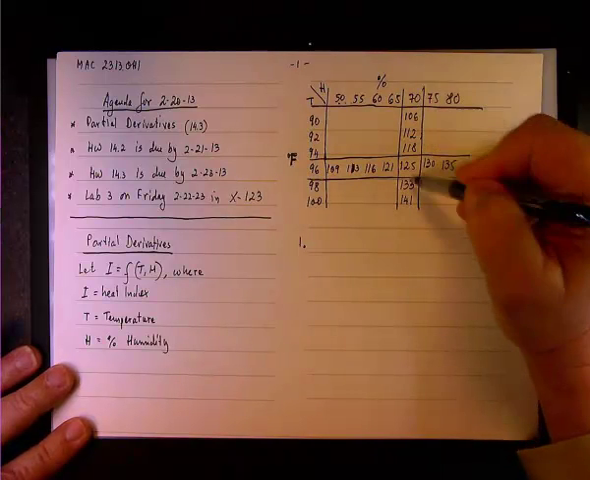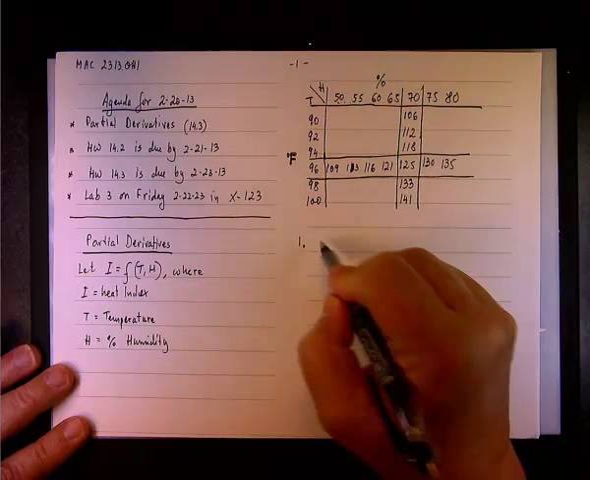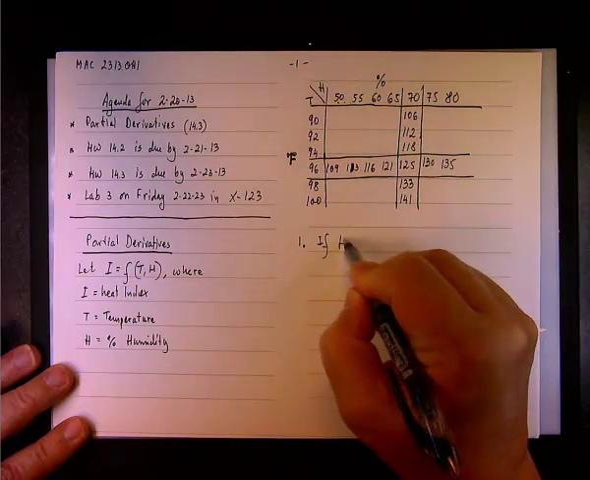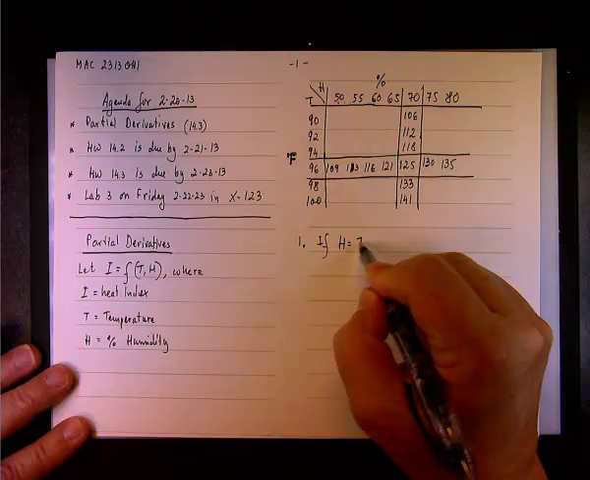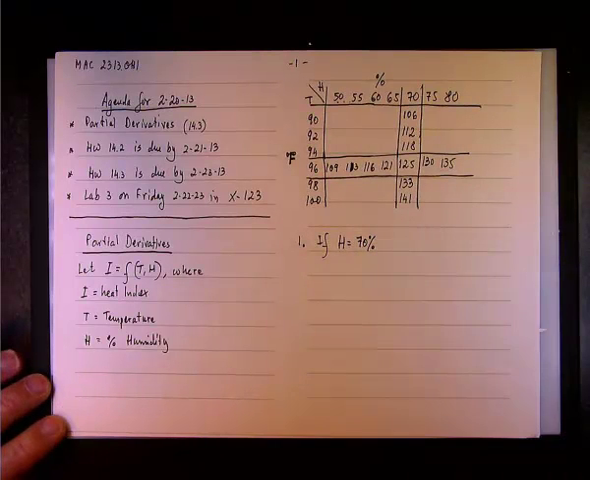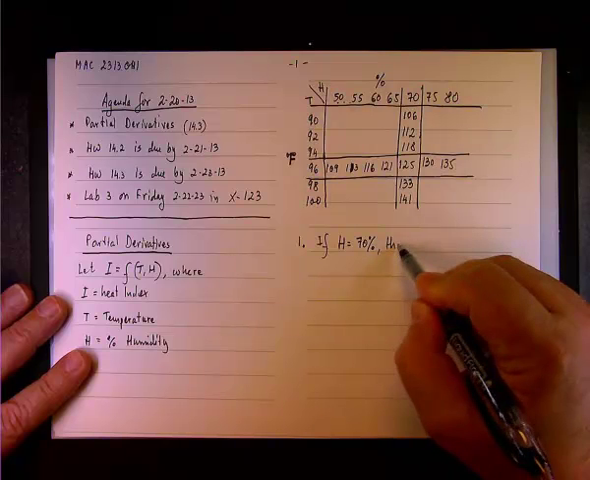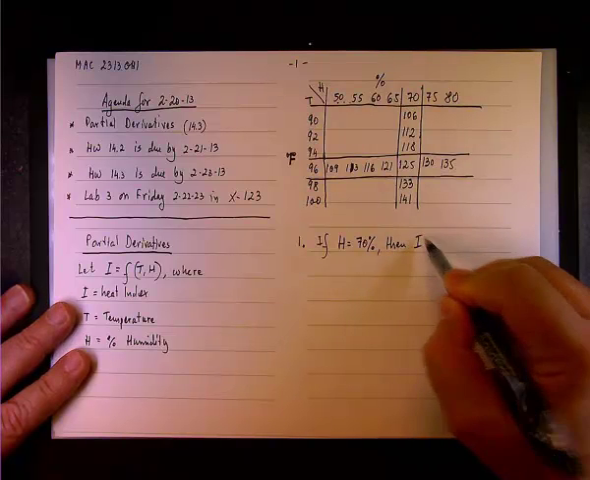Now, let's look at different scenarios here. Let's first fix the humidity at 70%. So we are looking at what happened along this column. Okay, so if H equals 70% humidity, what happened? Well,